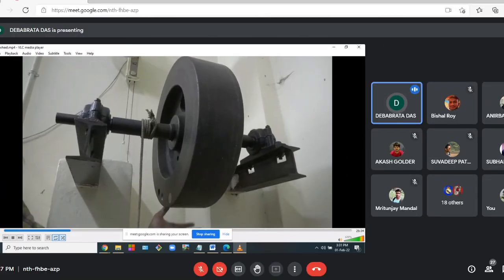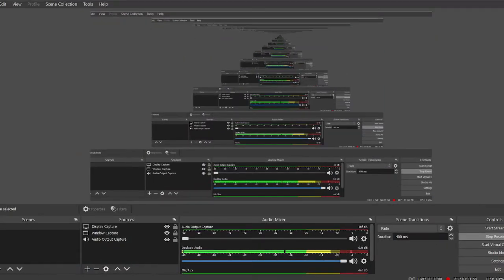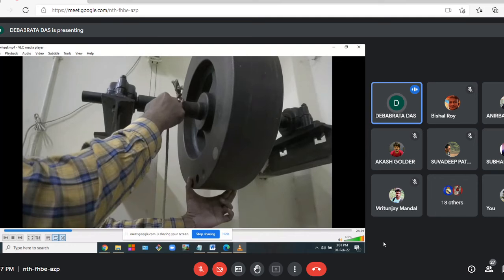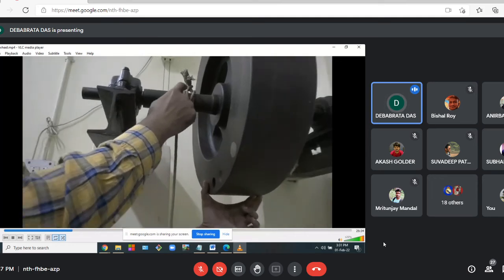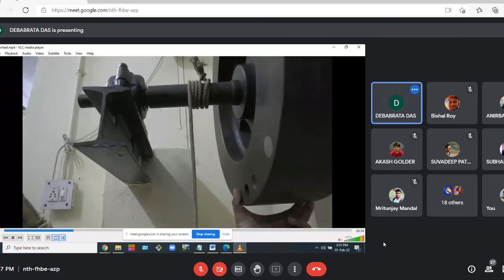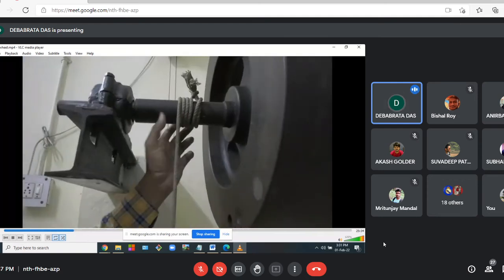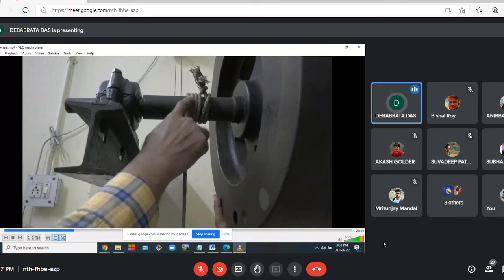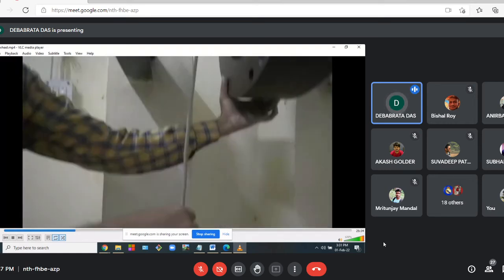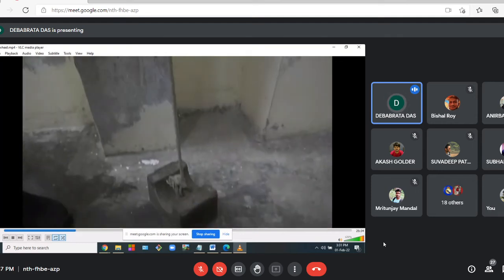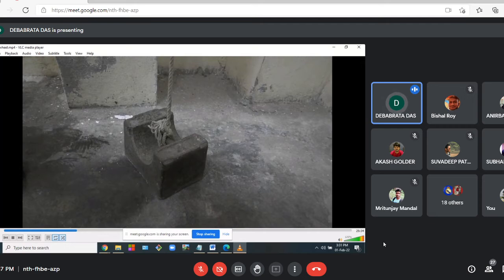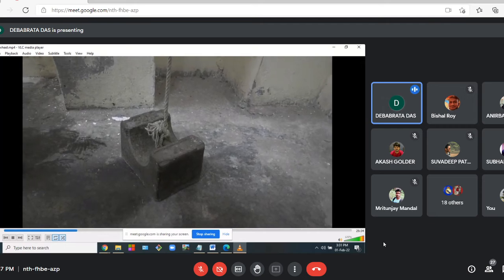Okay. So what we will do, this is a wire. Actually, there is no wire connected to this shaft, so we have wound this wire around the shaft. And you can see on the other end of this wire we have this mass. So this mass is the falling mass.